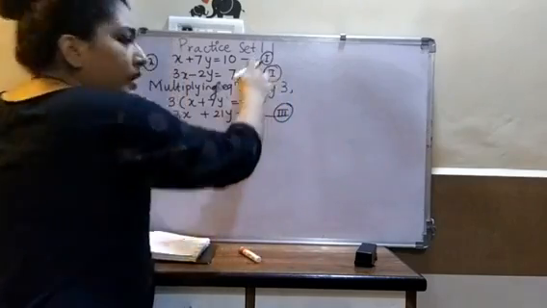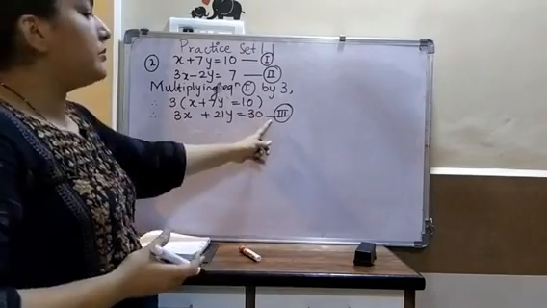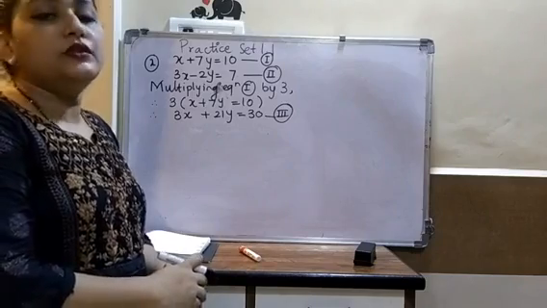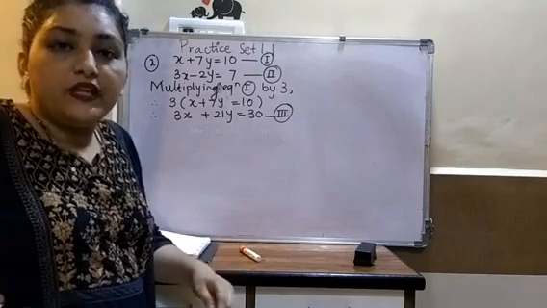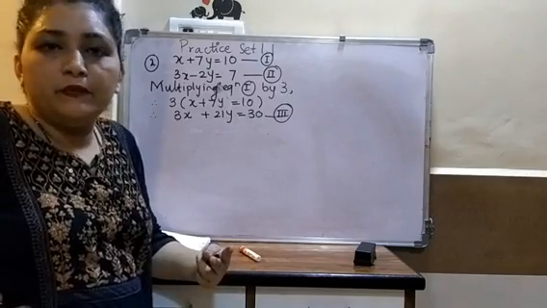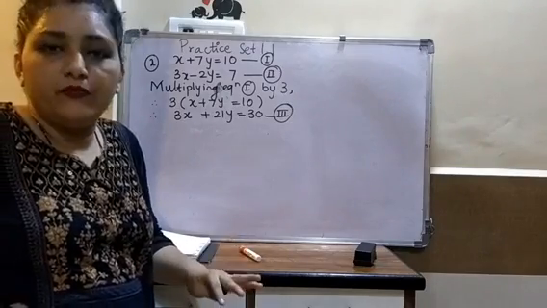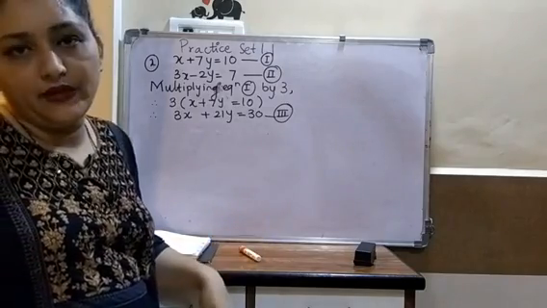The equation 1 that we had has now changed, and it changed to equation number 3. A new equation has come, so you have to number that also. So this is your equation number 3. So what does this mean? There is a variation. In the first example, your coefficient of y was already the same, so we did not do this step, the one that makes them the same.